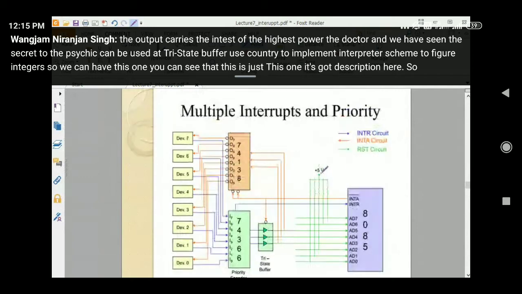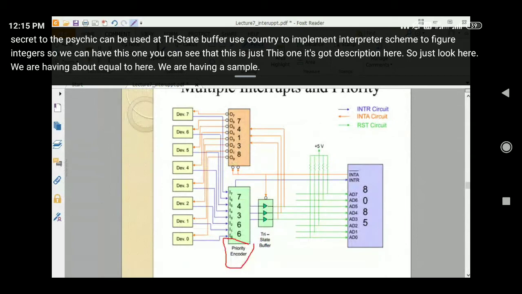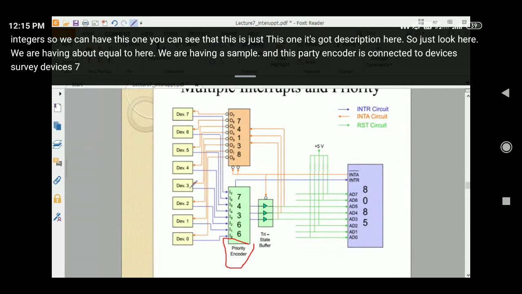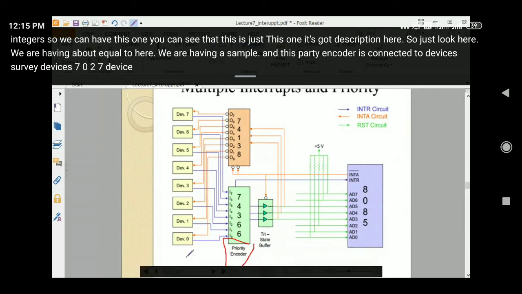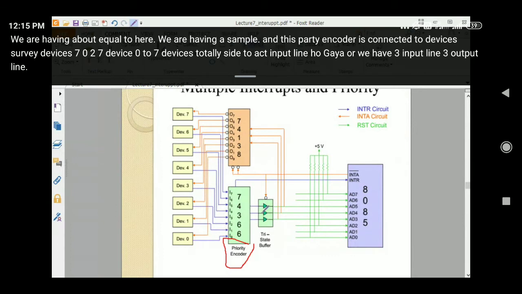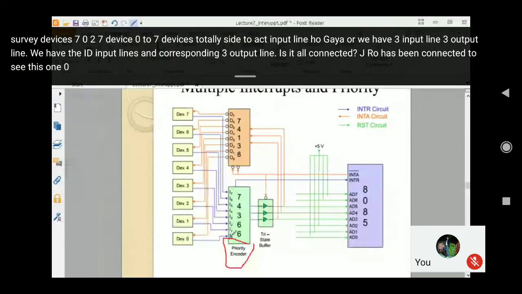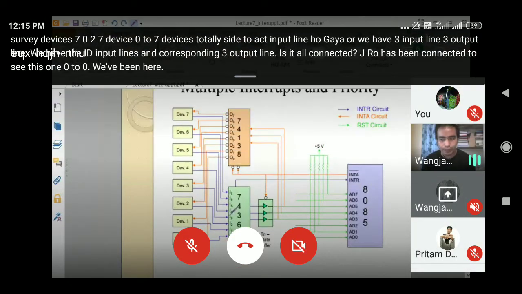We are having a priority encoder here, and this priority encoder is connected to devices 0 to 7. Total devices is 8. So 8 input lines हो गया, और we have 3 output lines. We have the 8 input lines and corresponding 3 output lines. This is all connected. 0 to 0, जो भी pin है I0 से I7 तक connect किया है.